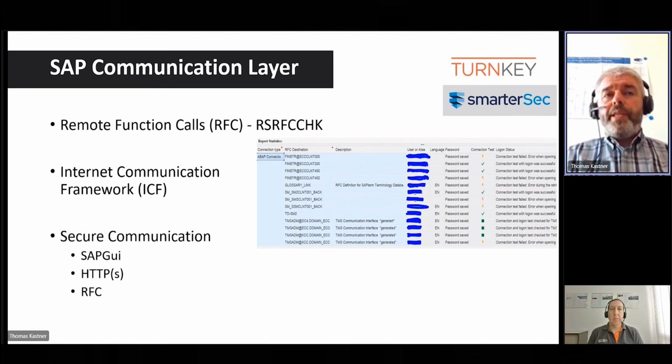So it's quite essential to enable even SAP GUI communication with SNC, secure network communication. The same is true for RFC. You should enable every connection with secure network communication, as well as your internet stream with HTTPS.